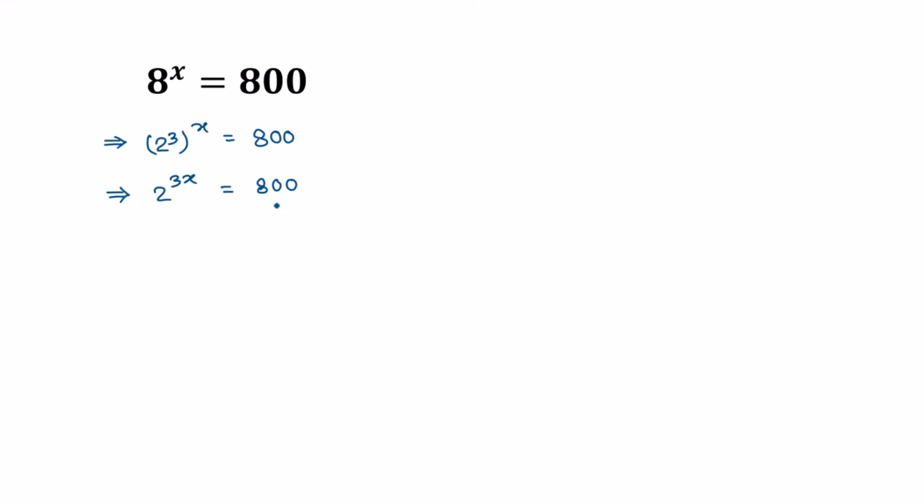Now taking log on both sides, we can write on the left side log of 2 to the power 3x is equal to the right side, log of 800. Now applying the formula log a to the power b is equal to b times log of a, we get 3x times log of 2